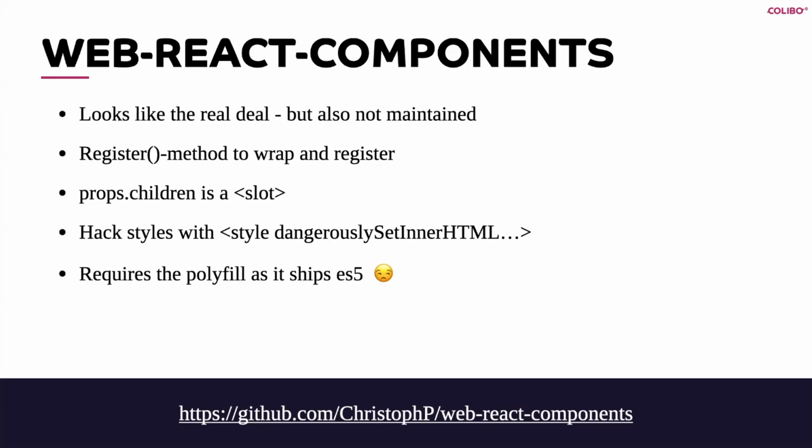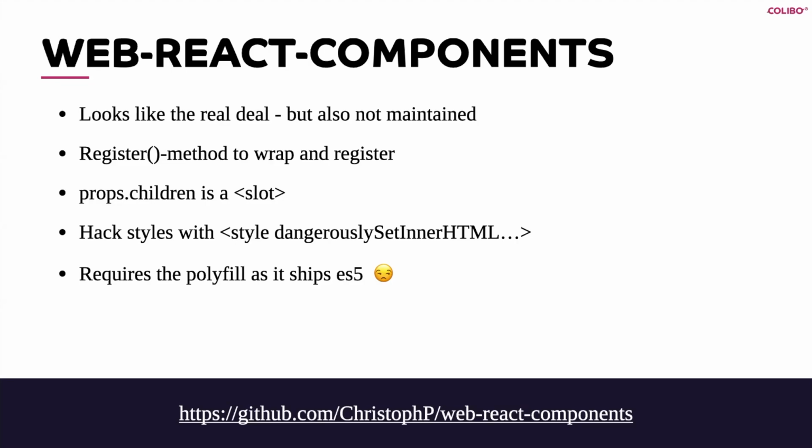So it has a register method to wrap and register like the other ones do. For React, typically when you want to use something like the content projection feature, you spread out props.children into your template. And you can do that if you'd like, but what this framework actually does is it's just going to put a slot tag for you whenever you do that. And I think you should just write it out yourself instead, because that gives you the ability to put in a default value if there's nothing in the slot. You can't do the styles natively either in React, so you can do the hack and actually set the inner HTML from the JSX template. That's kind of bad and dirty.